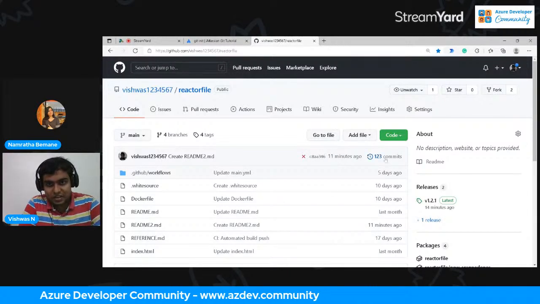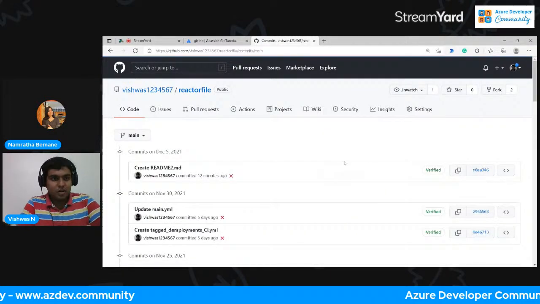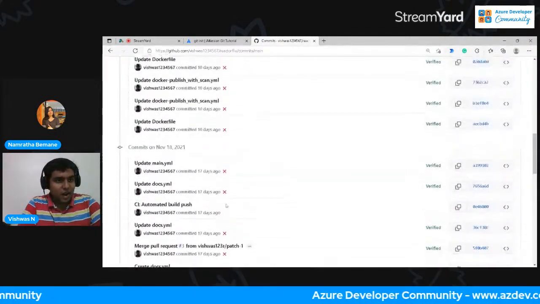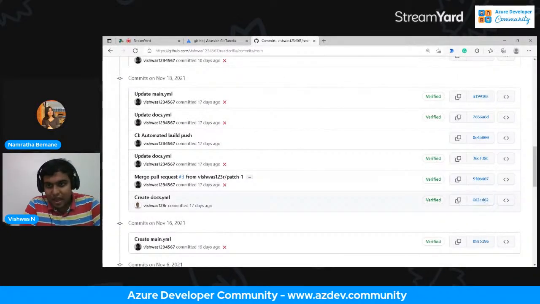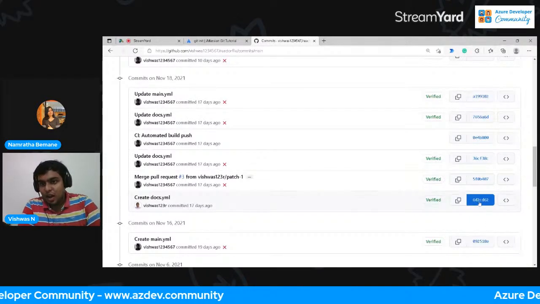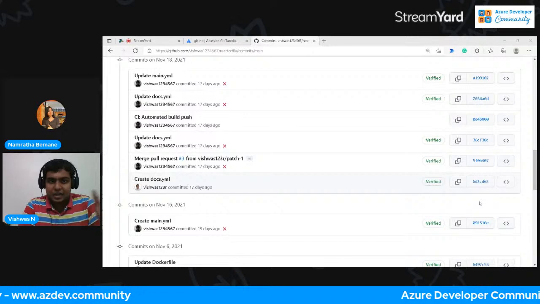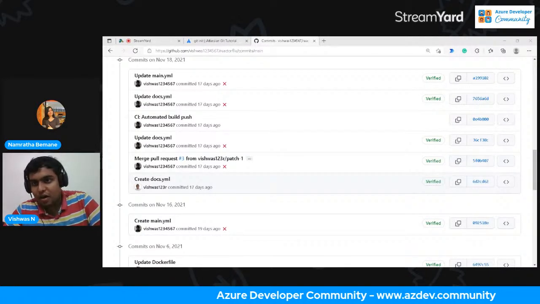If you think of the history, it's like 123 commits have happened over a very long time. Who did it? What was the status of it? At what branch did all these changes happen? Everything is here, and each commit has its own hash, which is unique for that repository. None of the hashes repeat. That's the power of GitHub.